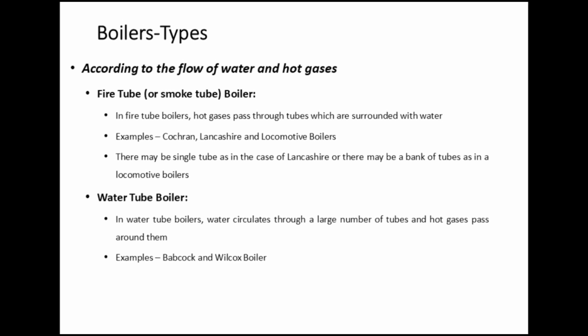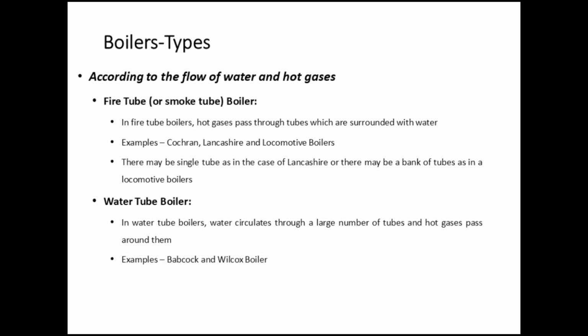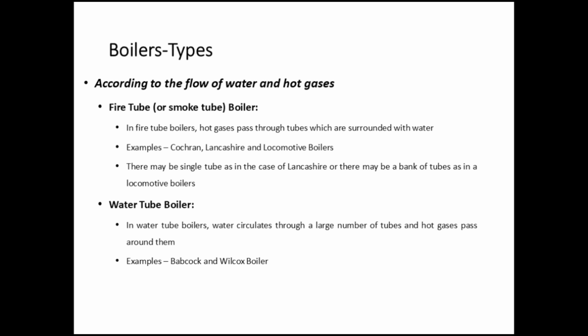Boiler types according to the flow of water and hot gases. Fire tube or smoke tube boiler. In fire tube boilers, hot gases pass through the tubes which are surrounded with water. Examples: Cochran, Lancashire, and locomotive boilers. There may be a single tube as in the case of Lancashire, or there may be a bank of tubes as